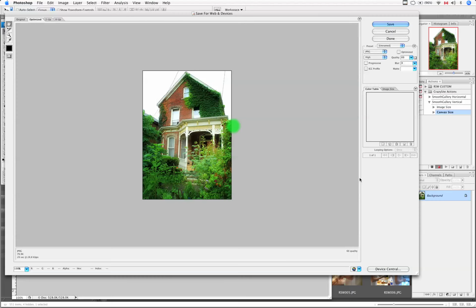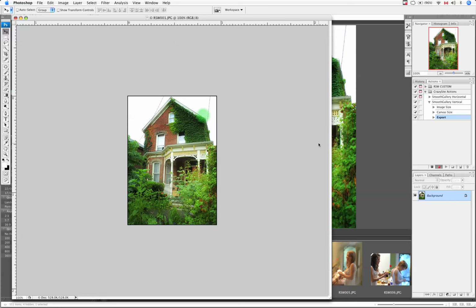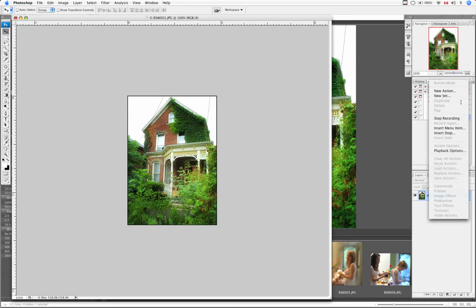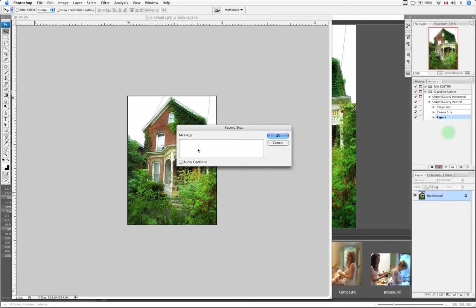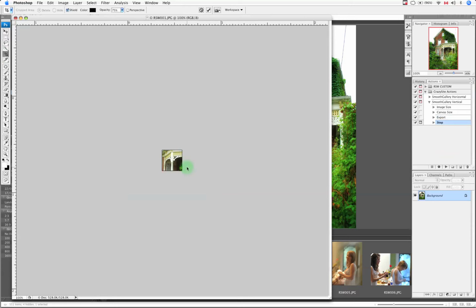60%, and we'll go to desktop, previews, and in that main folder, save. And then remember, I'm going to include an insert stop here, and call that crop again, or a square crop, whatever we want. Stop the recording so that the actual crop isn't included, and I'll make that selection, and I'm just going to grab this pretty little doorway here, crop it, and now we start our recording again,